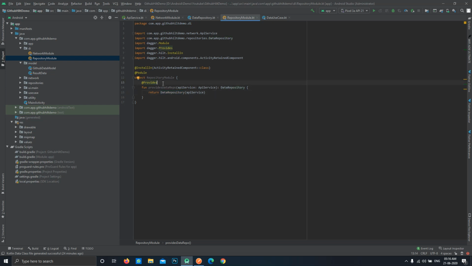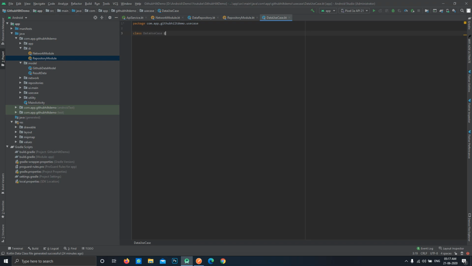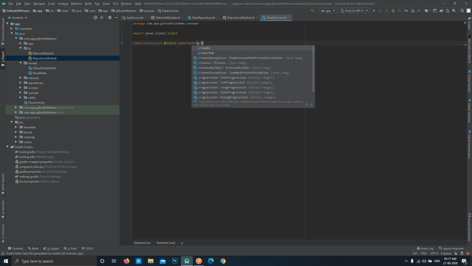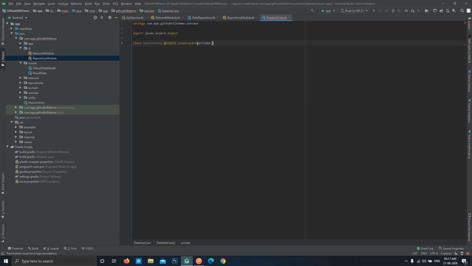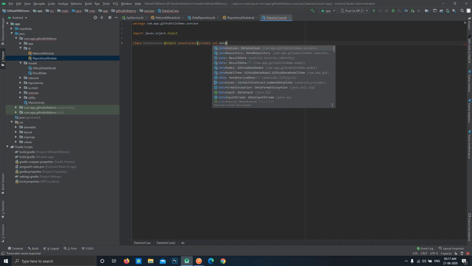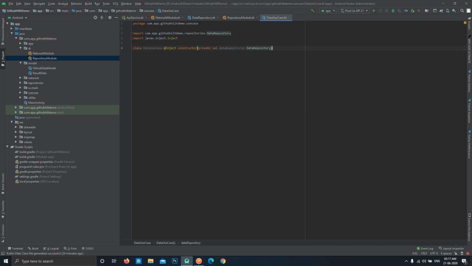Now we have created a data repository instance over here, so we can use it over here. We'll be using an inject annotation and another constructor over here, and define a private variable, and this will be our data repository. Now this constructor will have the instance of our data repository class, so we can directly use it to call any function of this data repository.